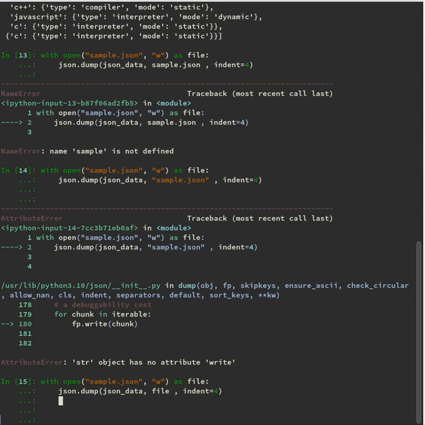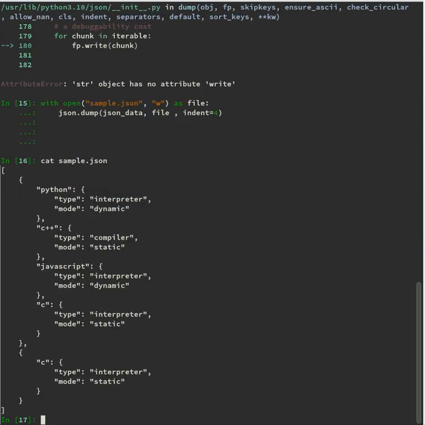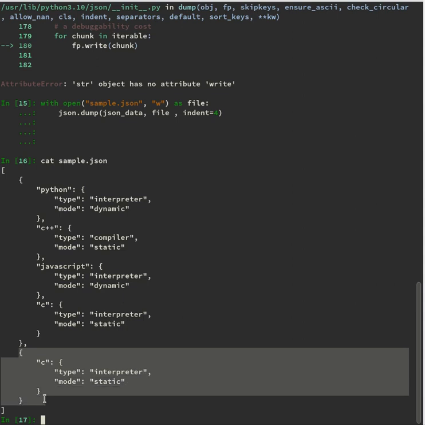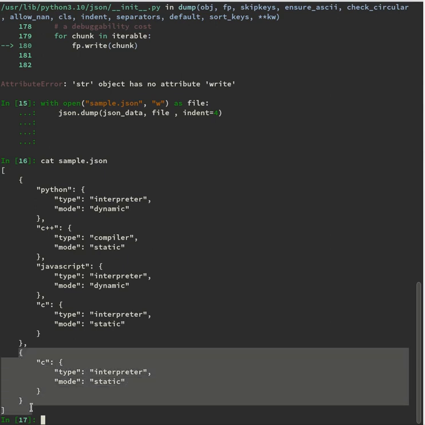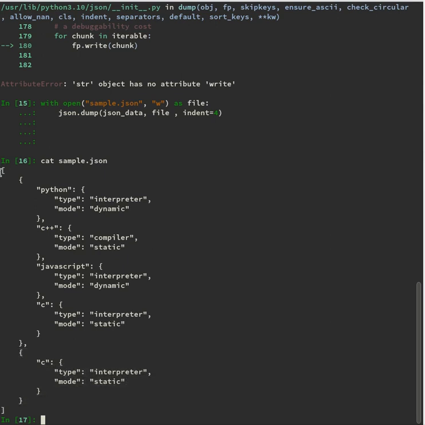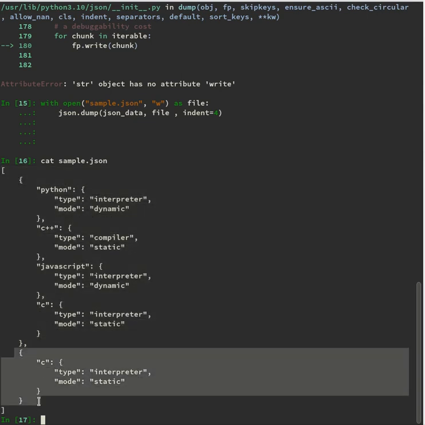Okay, that's it. Now if you see the sample.json, this was added when we appended to the list directly. So if you want to altogether create a new JSON object inside of this big object, like a nested object, one more object, from here to here one nested object, from here to here another nested object, you can use the first mistake that we made.